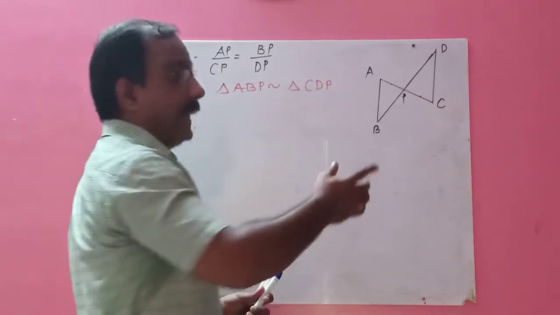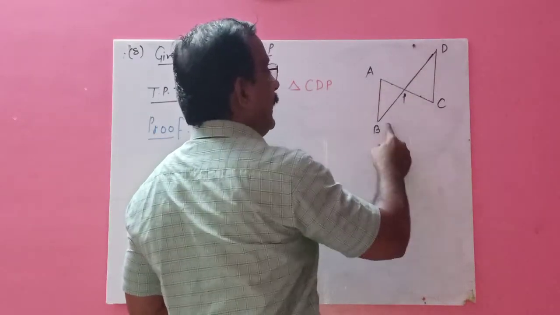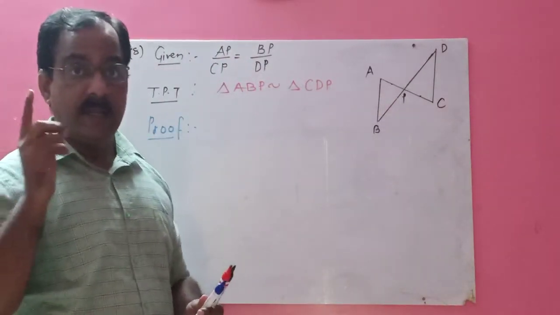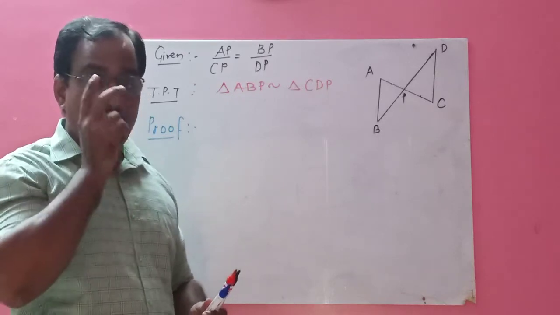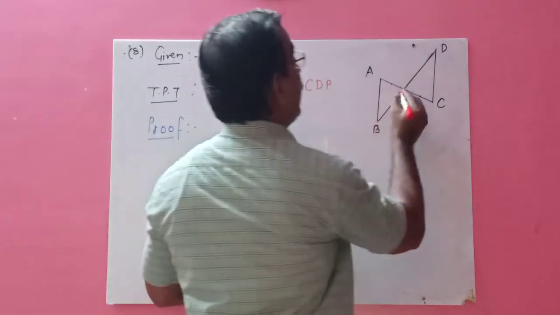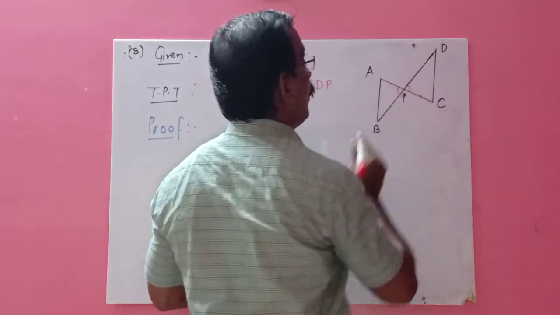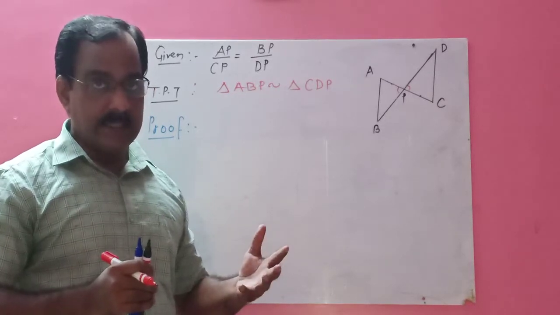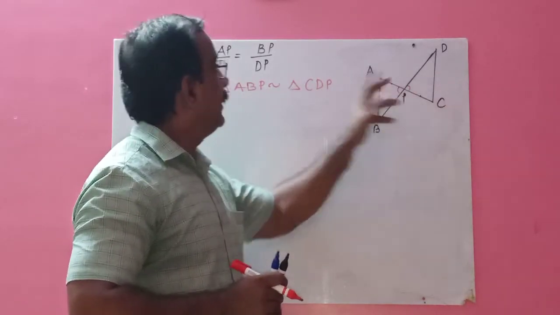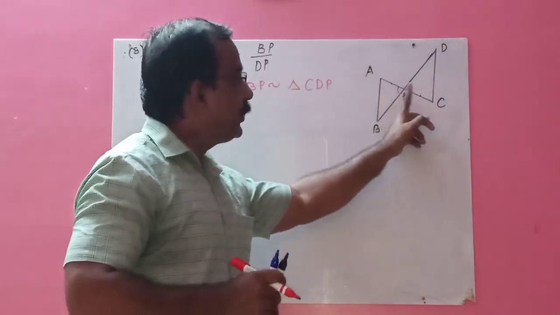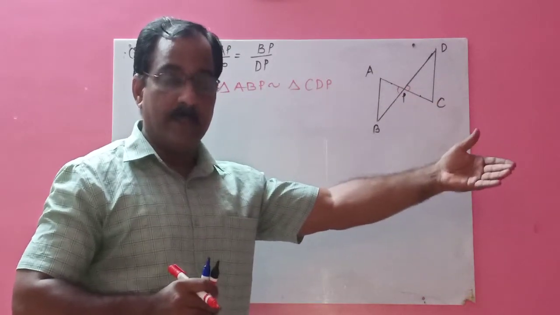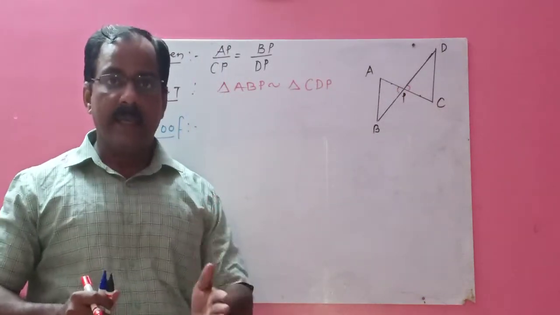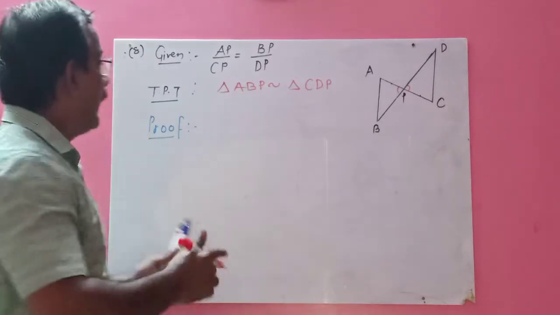It's simple, that AC and DB are two intersecting lines. They are intersecting at P. So in 9th standard you have done, when two lines intersect each other, vertically opposite angles are congruent. So we can say that these two angles are congruent because of vertically opposite angle test. Clear? So between these two triangles, these ratios are given, and this is equal to this vertically opposite angle. Therefore I can say that these two triangles are similar by SAS test. Simple sum.